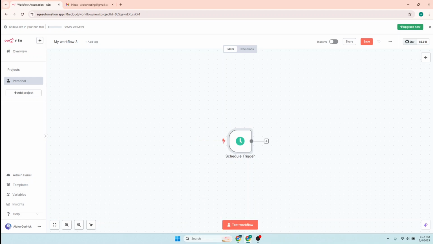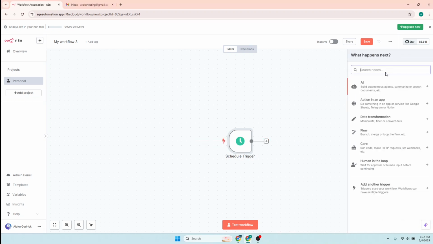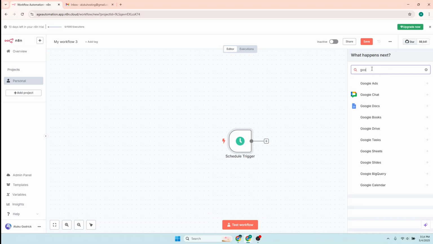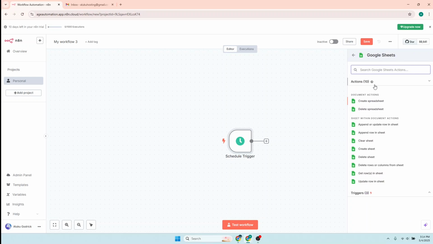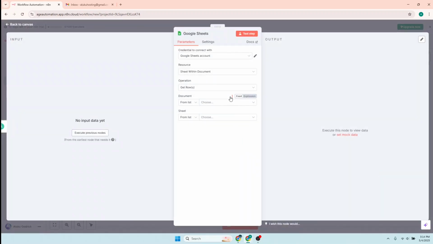So the next thing is getting the data from the Google Sheet. So we're going to do that now. I'll add this, search for Google Sheets. So I'll click on that, and what we want is to get rows in the sheet. That is what we want. So we'll come here and create a connection,